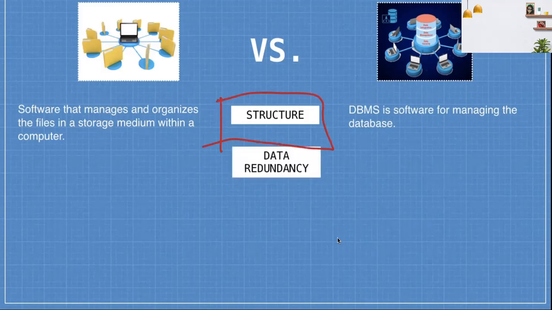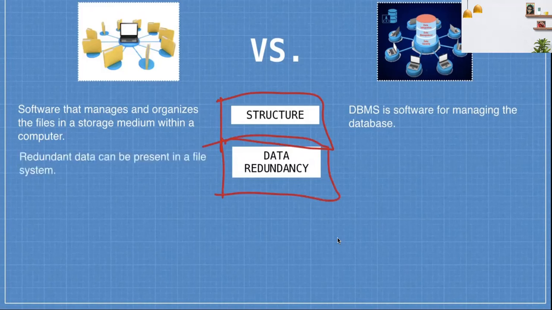So when it comes to data redundancy, traditional file management is prone to redundancy versus the DBMS because in traditional file management, every department